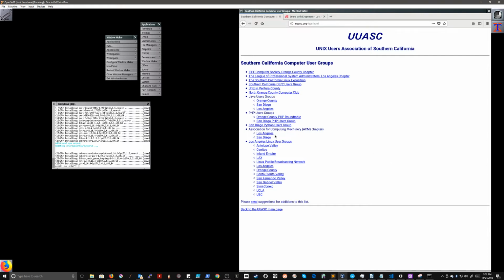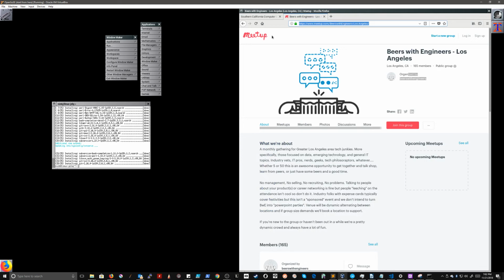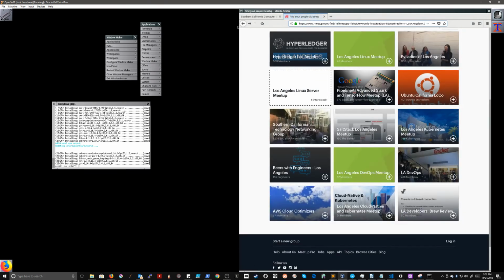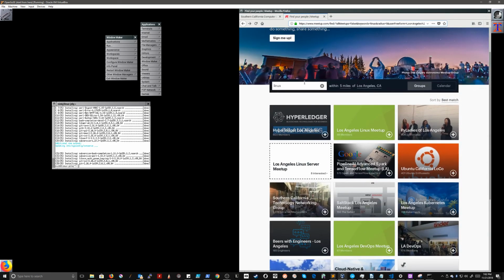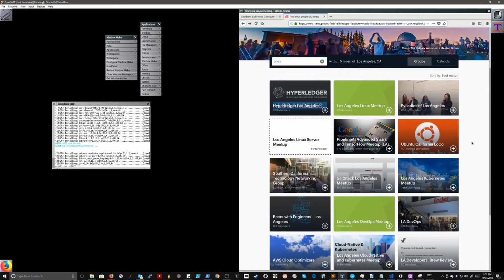So, if you're interested in a more modern version of this, but a similar kind of idea, if you go on meetup.com and do a search for Linux, this just happens to be in my particular area, you can see that there are a lot of different Linux user groups.